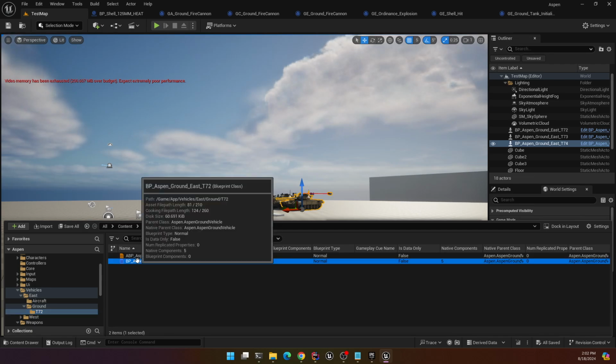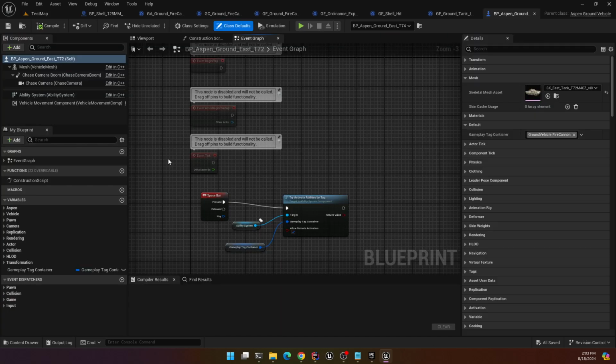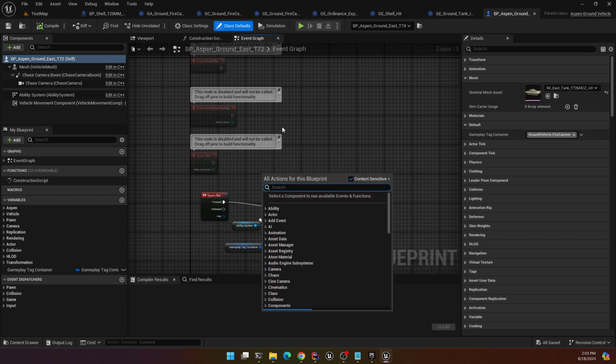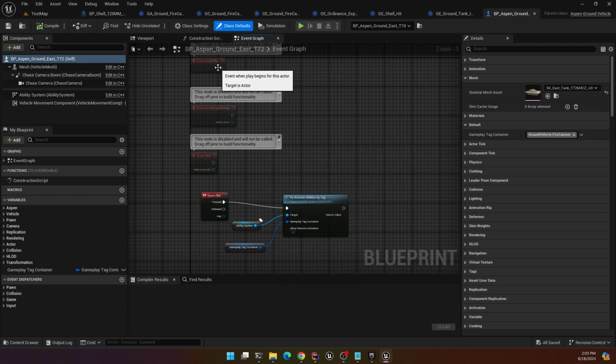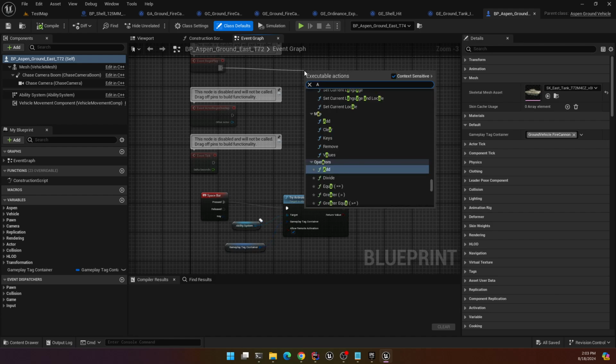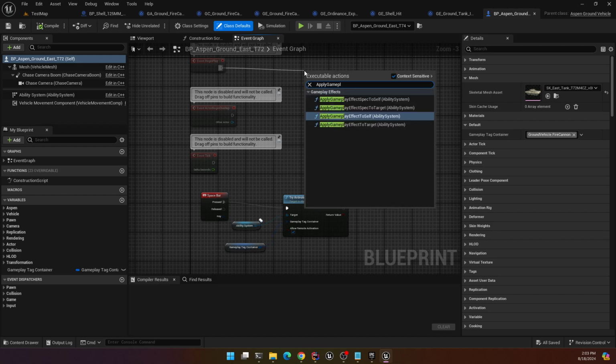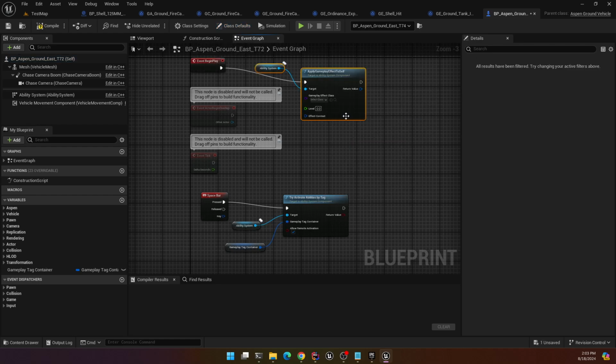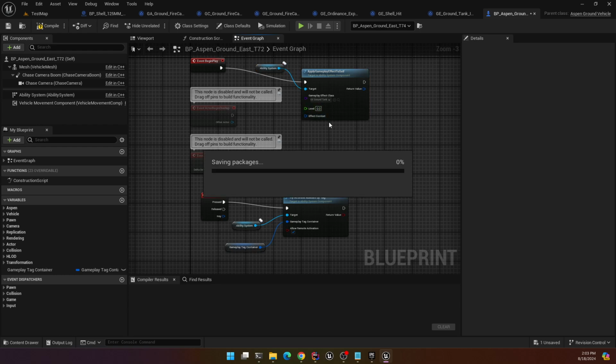Oh, okay. Well, let's come in here into the blueprint and on begin play, apply gameplay effect to self, and my new, oh, there it is, tank initialize. Save that. And now if I start,